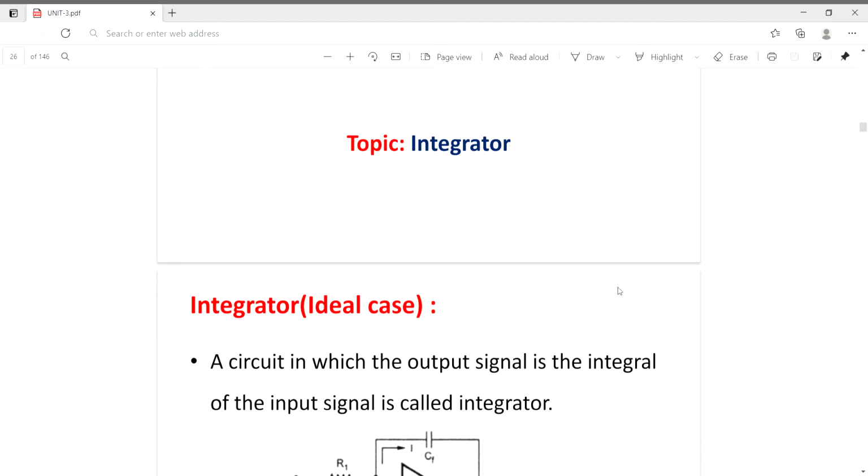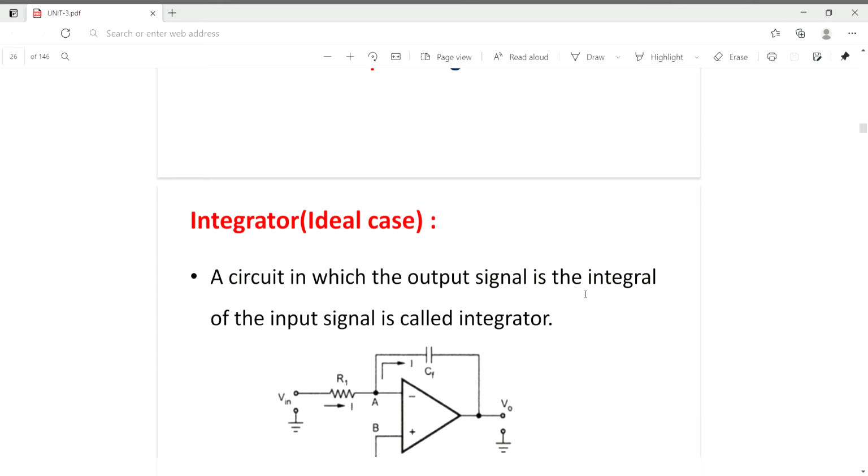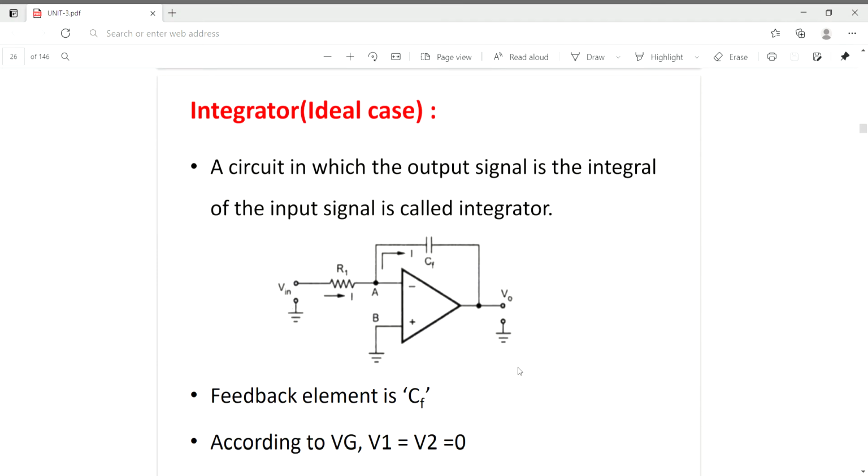Hi guys, so now we'll be looking into the integrator, which is an application of operational amplifier. An integrator, as its name suggests, will produce an output which is equal to the integration of the given input signal. And this is the circuit of the integrator, and we'll be applying Vin, which is the input voltage,